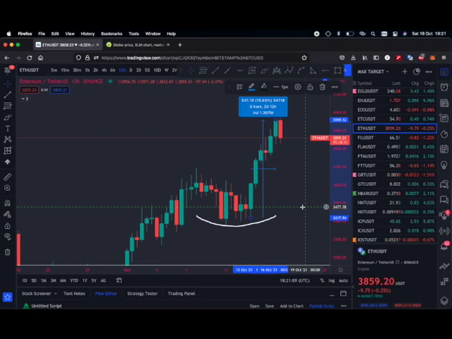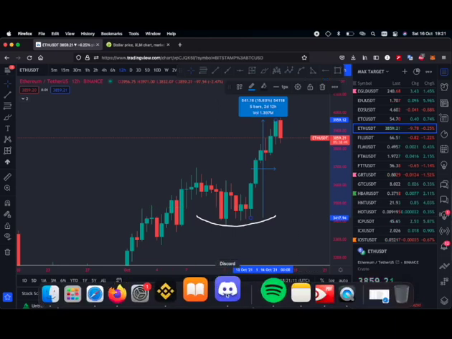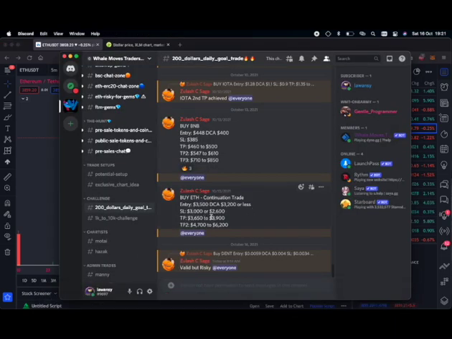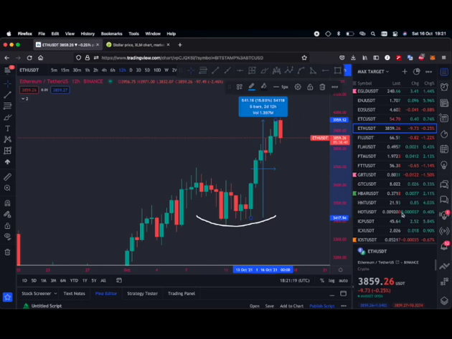Now how you're going to determine your profit is because they already put the take profit here. First take profit, second take profit, third take profit and fifth take profit. So what you're going to do is select the first or second, whatever is good for you. I like to select first or second. I don't really like to go higher.